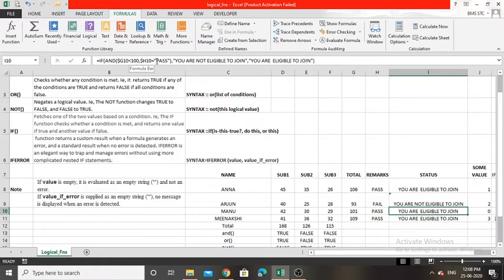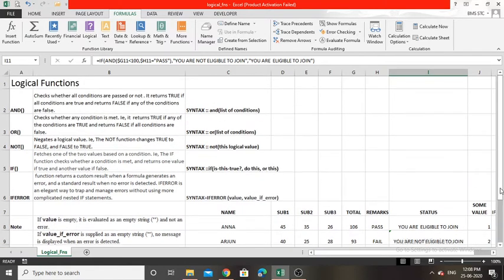But H10 is equal to pass. So for the AND function, if any of the conditions is false, the output will be false, right? So the false value will be given as the output. You are eligible to join. So like this, the fourth row also. So we can nest a logical function within another logical function.